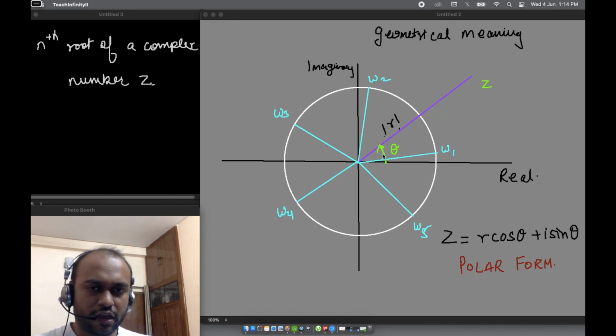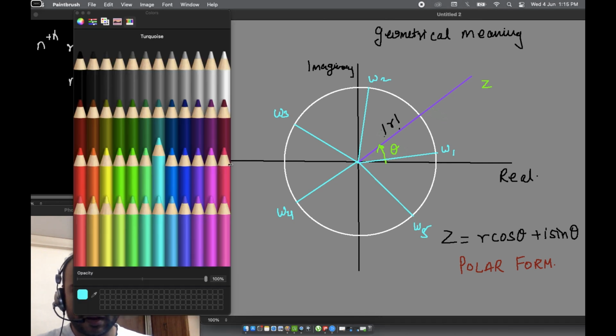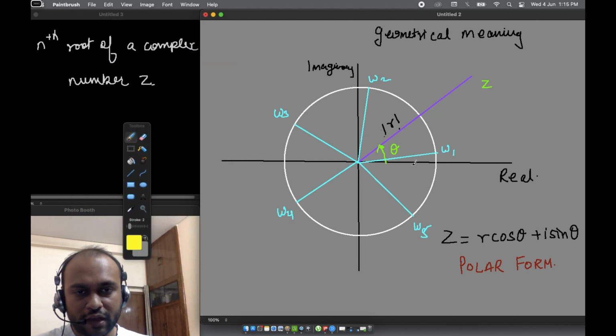So the geometrical meaning means that to get to W2 you need to rotate anti-clockwise by 72 degrees. Or another way of saying it is, if W1 is theta by 5 degrees, let me write that angle in another particular line. Let's say this angle is theta over 5. To reach the next one, you need to add